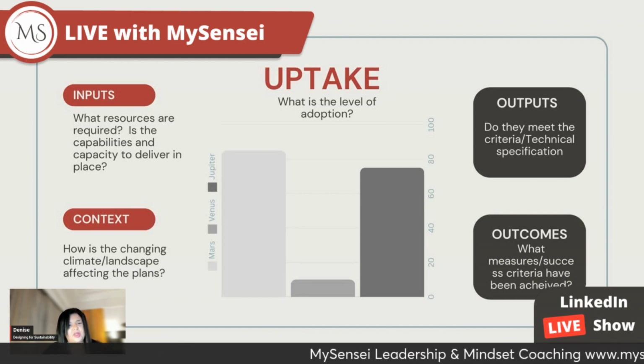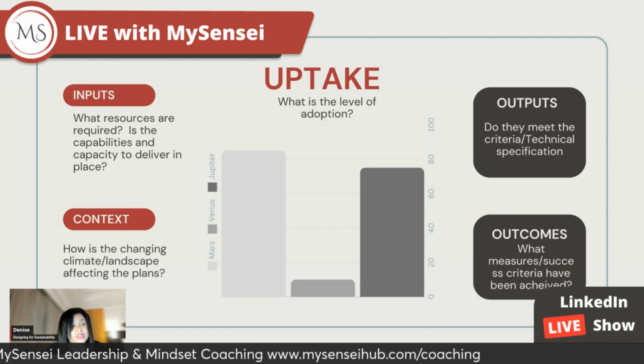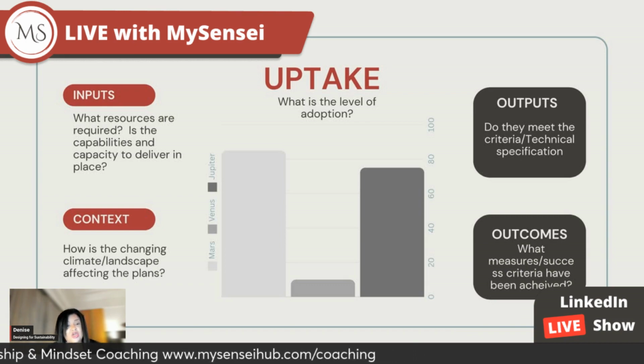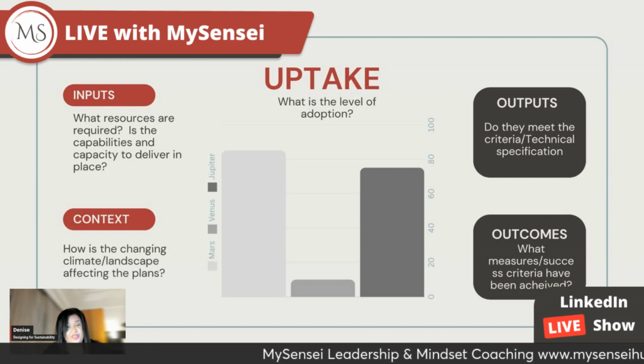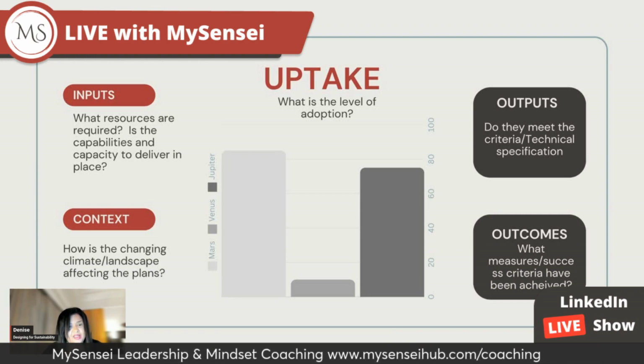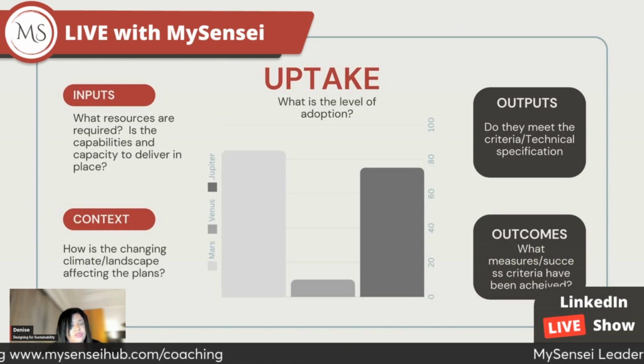That seems to be the downfall of a lot of companies, where they get an idea and they think this is great, we're going to implement it, but they haven't actually looked internally to say, are they organized enough to be able to deliver on it? So do they have the capabilities? Do they have the skill sets available? Can they get them readily? Can they afford to get them as well? And also, do they have the capacity?